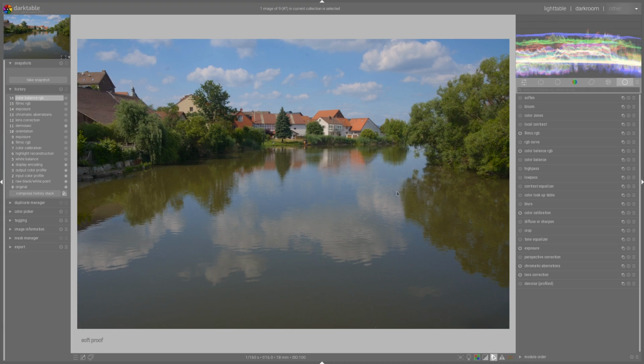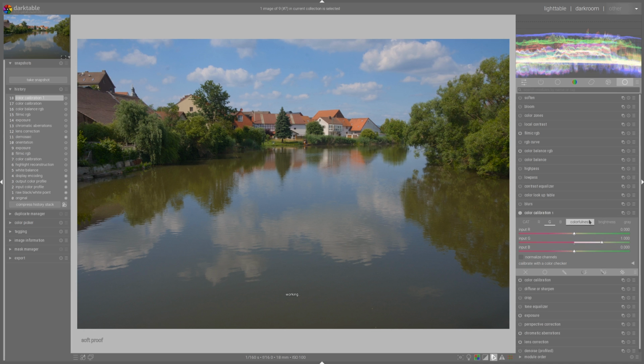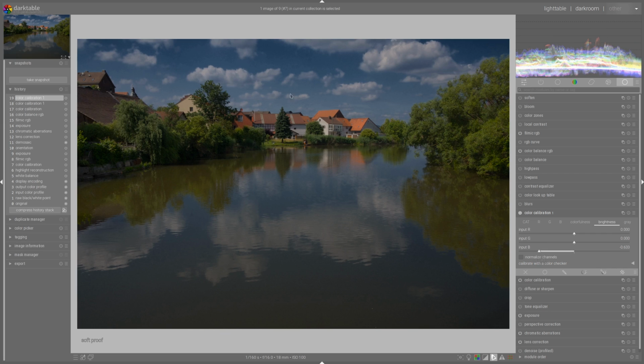So let's address our sky now. I would like to darken it a bit, and therefore I will use the next instance of color calibration. We will use the same functionality as in the last episode. We'll go to the brightness tab and darken the blue channel. As you can see, we have now more definition in the sky, but I don't want to do it